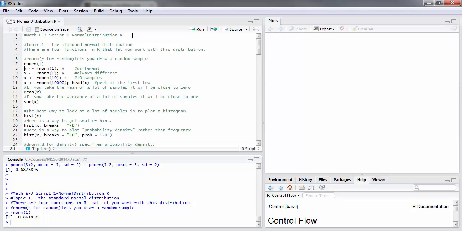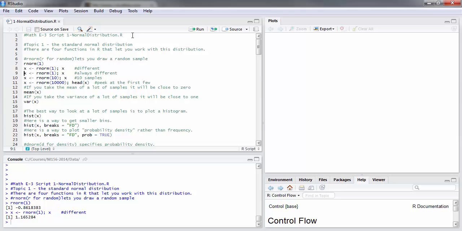Now I can do the same thing again. I will store the number that I generate in a variable named x, and then after the semicolon, x will just print that out. So I got a different result. And that's the main point of the rnorm function. Every time you call it, you get a different randomly generated number,